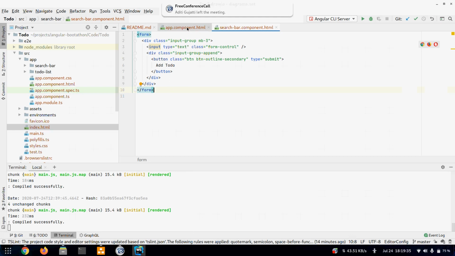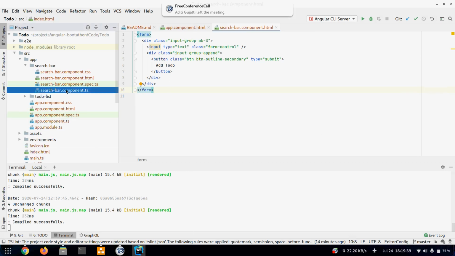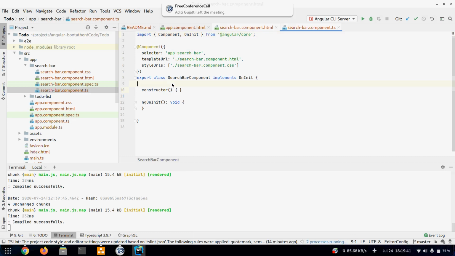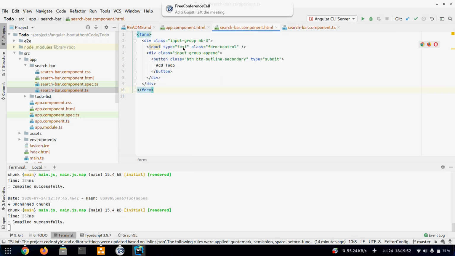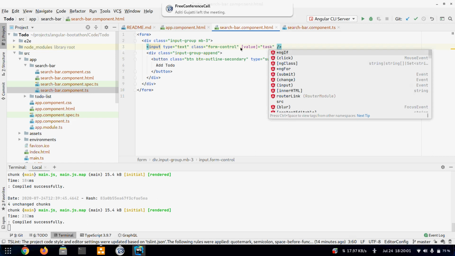So first I'll open the TS file. I'll add a property here like task, and I'll initialize it to an empty string. So now in this input tag, I'll say its value is task. Okay, yesterday we also saw two-way data binding.